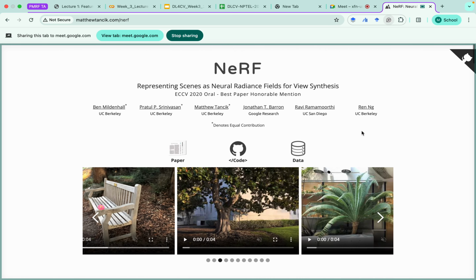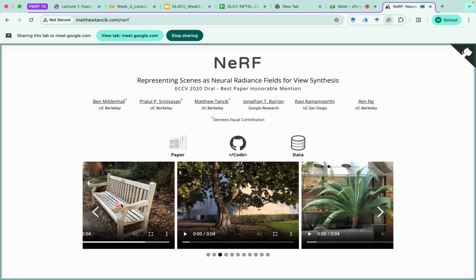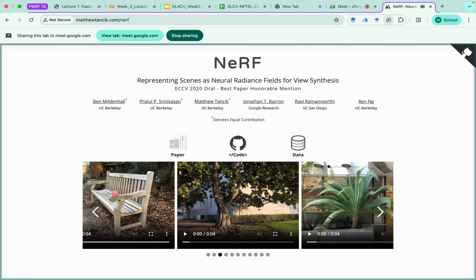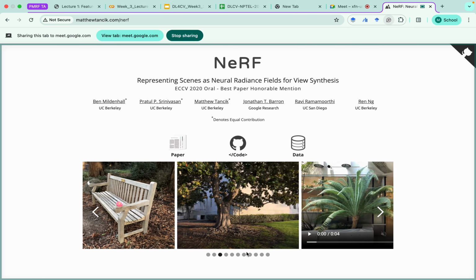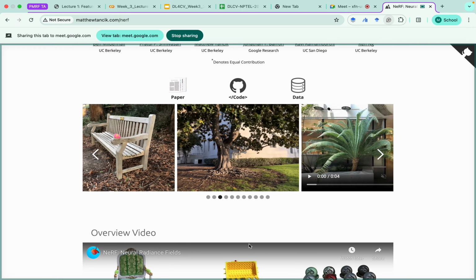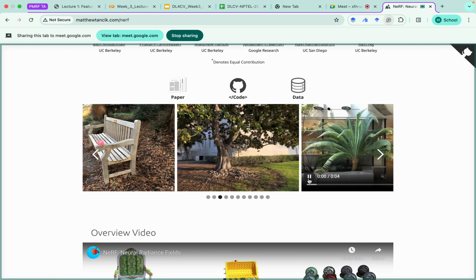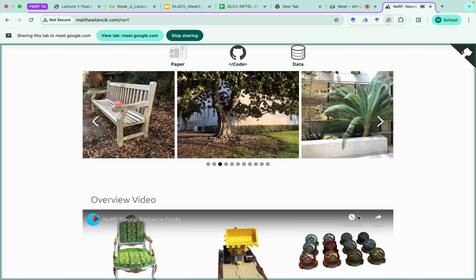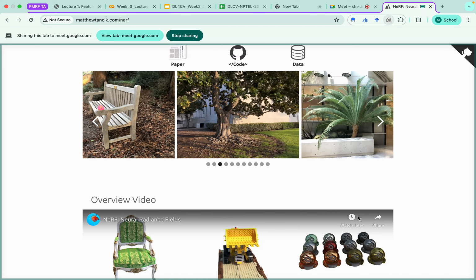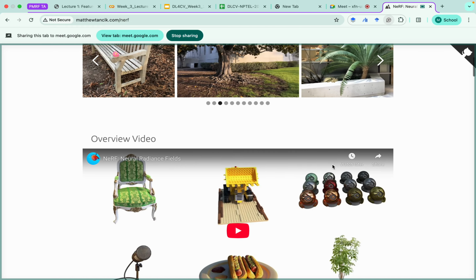Okay, this is the NeRF website. So basically, it shows, just from a few images, how the scene would look if I move the camera in a circular manner. That is what this shows. I'm moving the camera, but it's synthesized, as in this is not really captured by a camera, but is the model's prediction. So here the camera's path is a circular motion. If I move the camera in a circular motion, how would the scene look like? But obviously I wouldn't have